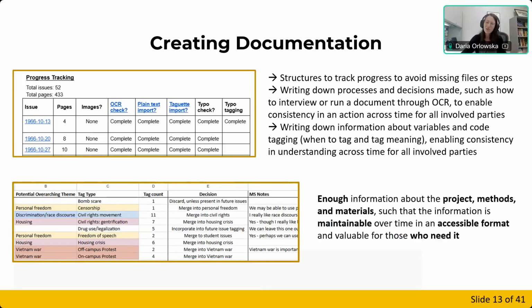Were there any images that we had to take into account because we were creating plain text documents? Was the OCR conducted? And then was that file checked? Was the plain text document imported into Taguette? Or imported into Google Drive and then imported into Taguette? Did someone check the typos? Did someone check the tagging? So we kept track of things that way.